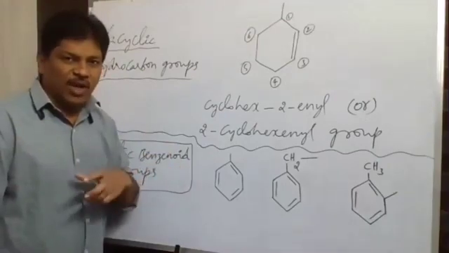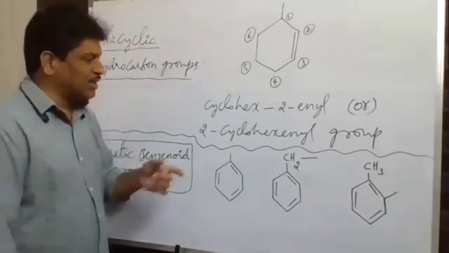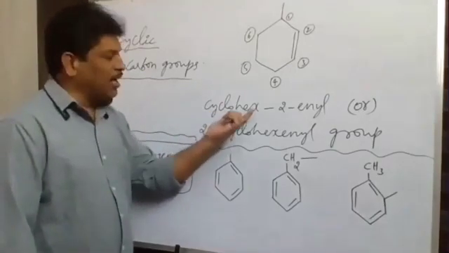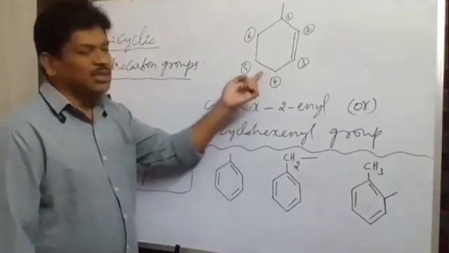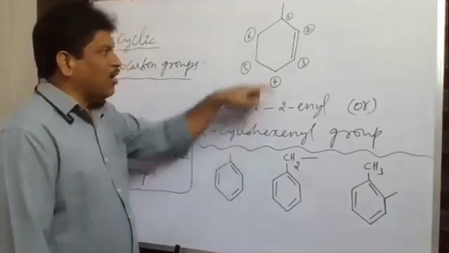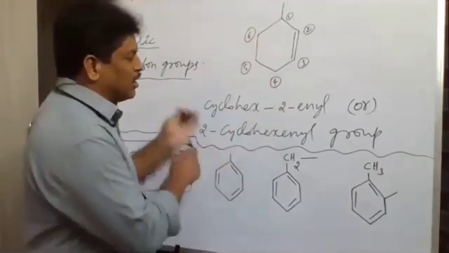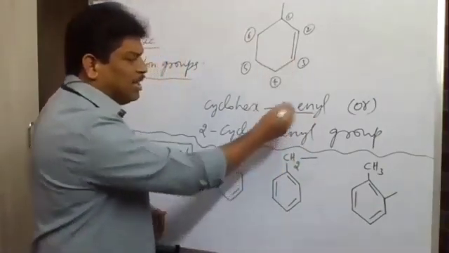In previous classes, we have discussed what primary and secondary prefixes and suffixes are. Cyclo indicates the primary prefix, and hex is the word root. The word root is hex here, 6 carbons in ring form in this case. And one double bond is there here, so ene. This ene, the double bond is present after which carbon? After the second carbon. That's why 2-ene.